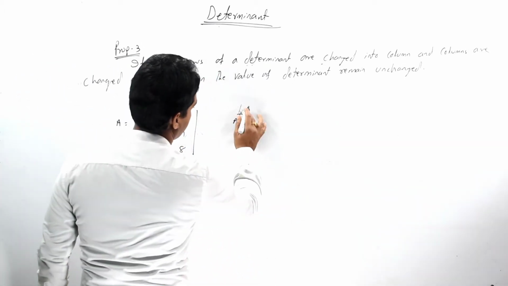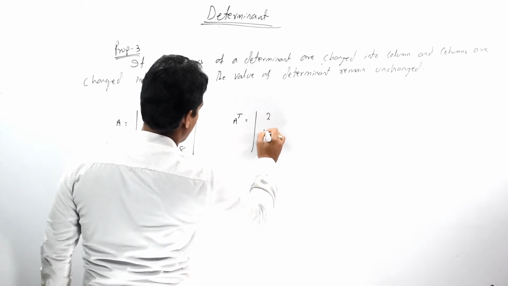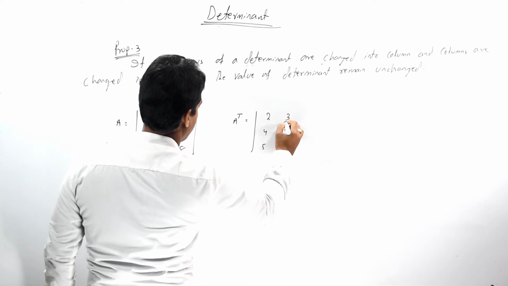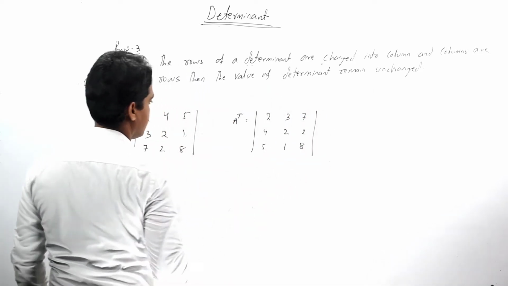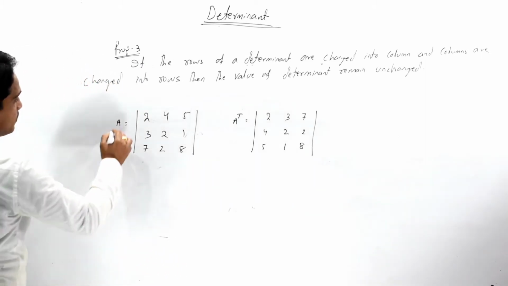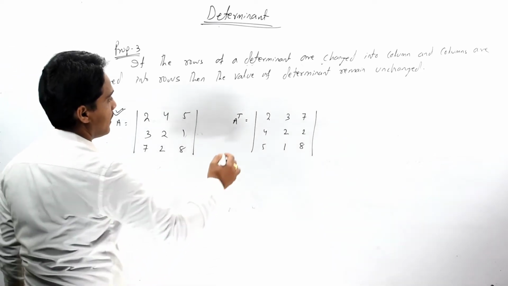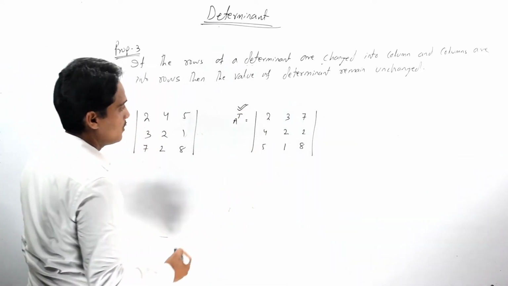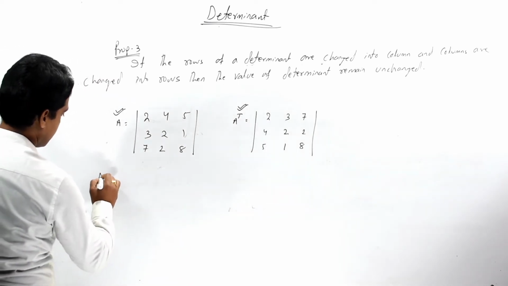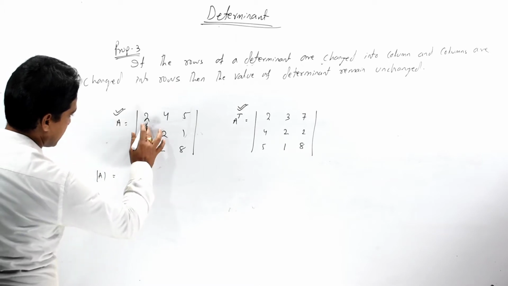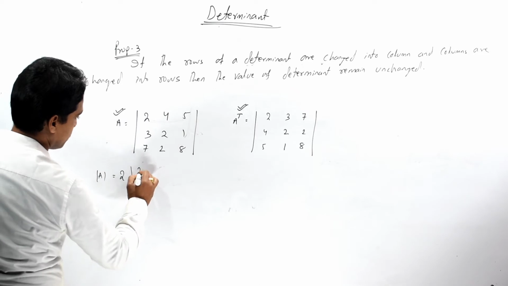So our transposed determinant should be 2, 3, 7, 4, 2, 2, 5, 1, 8. Now we find the value of the original determinant, and then the value of the transpose determinant. That is, determinant of A equals, by expanding the first row, we can find the value of the determinant,